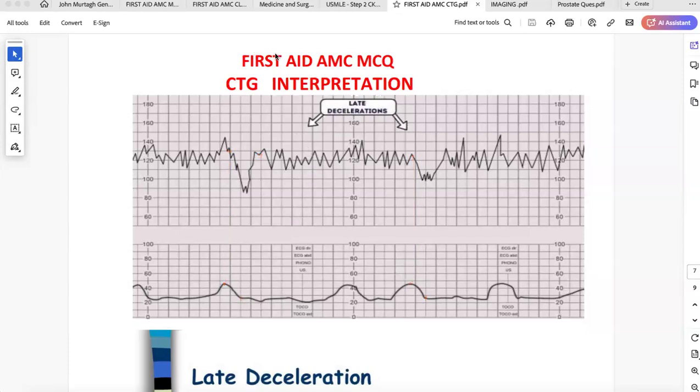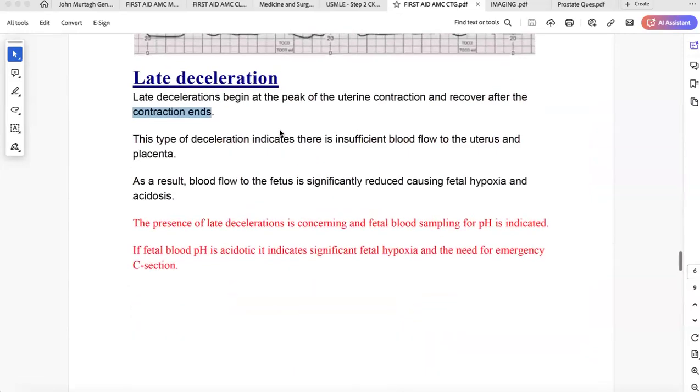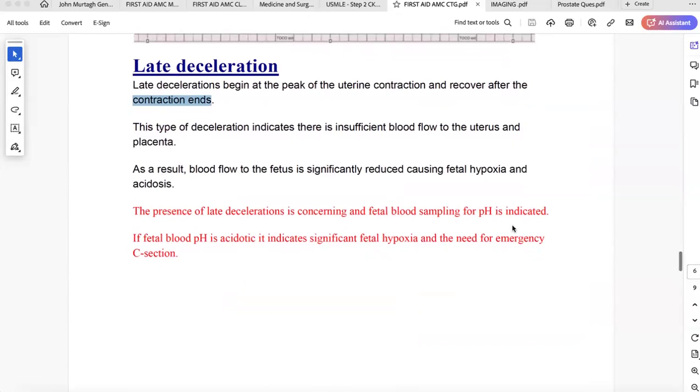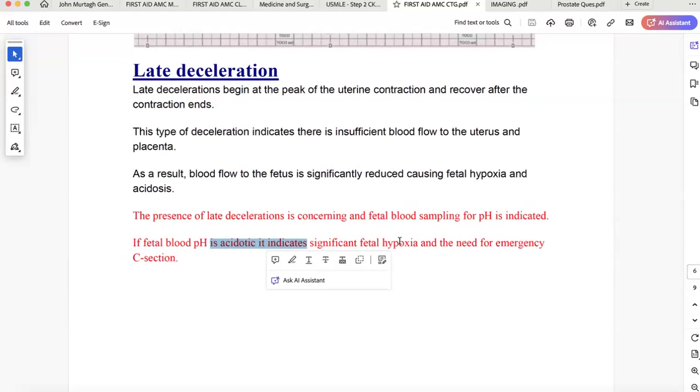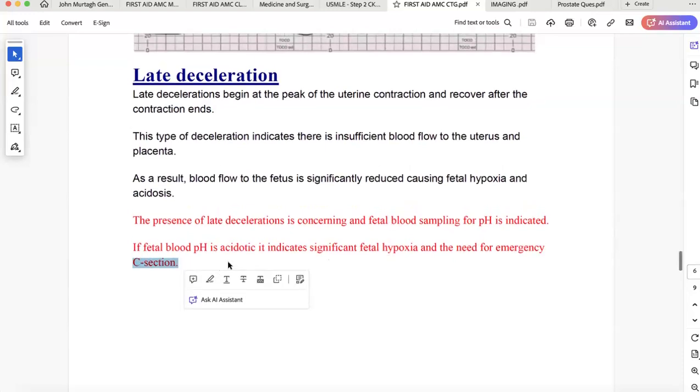Yeah, good. So late deceleration is pathognomonic, and it suggests there is a possibility of fetal distress. And when you suspect fetal distress, the next thing you would do is a fetal scalp blood sampling for pH. So you'll take a blood sample from the fetal scalp and send it for pH. If the pH comes acidotic, it suggests fetal distress,